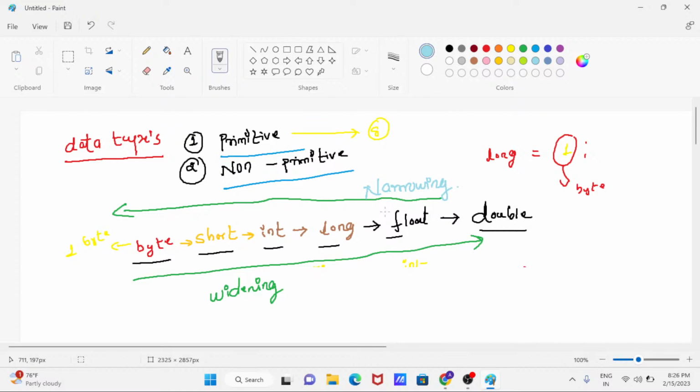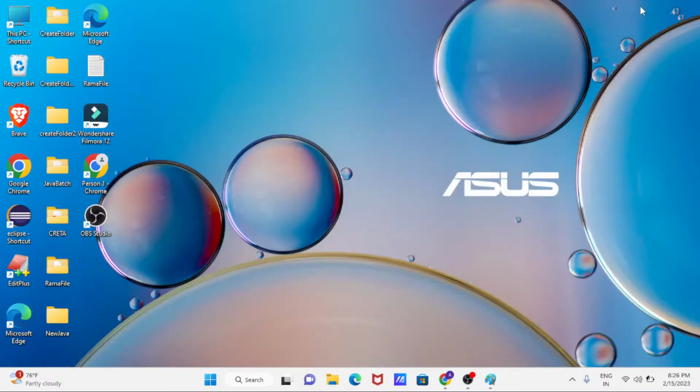Okay guys, directly I will open my Eclipse. Are you guys using Eclipse? No? So you are still using Notepad only.